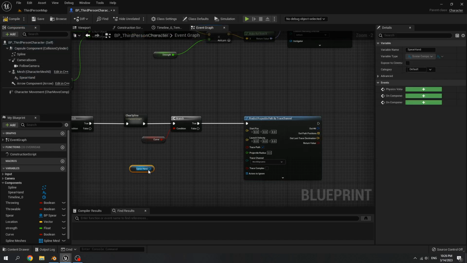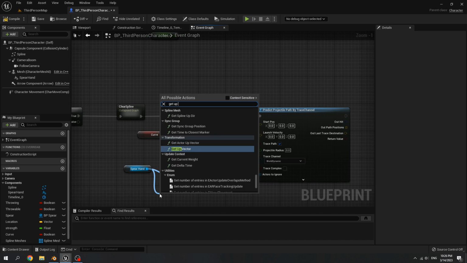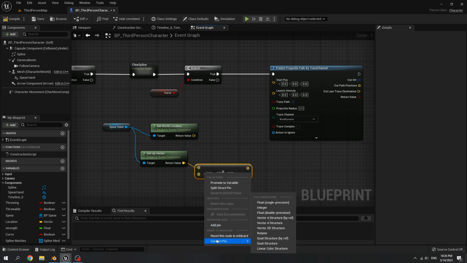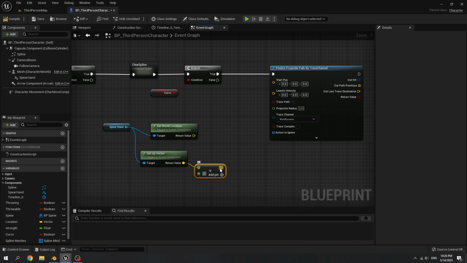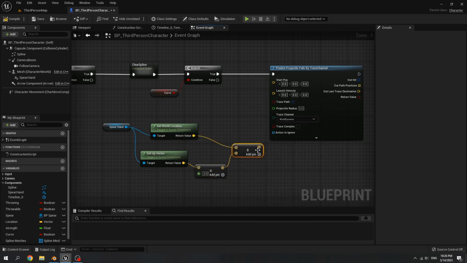Get spearhead, get world location, get up vector from spearhead, multiply it by 2, convert pin to float, set it to 2, add it with the location, connect it to start pos.